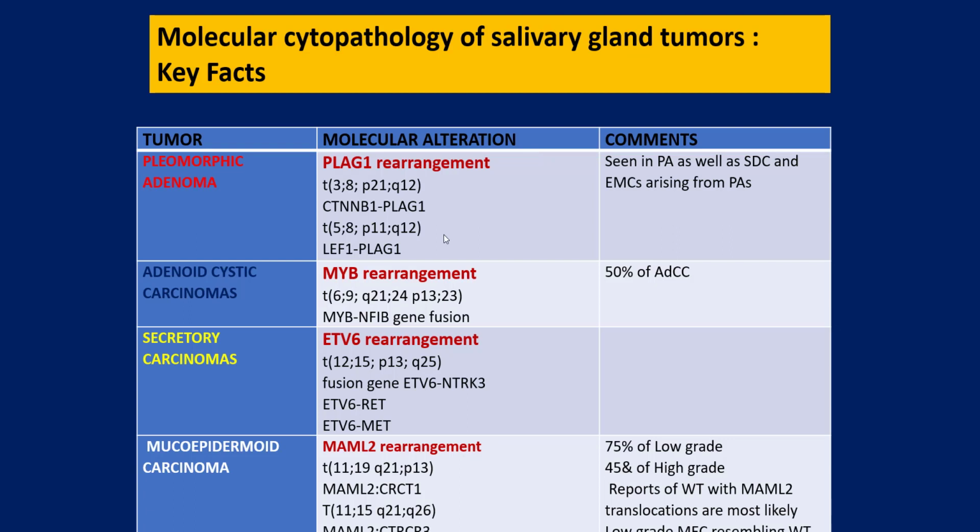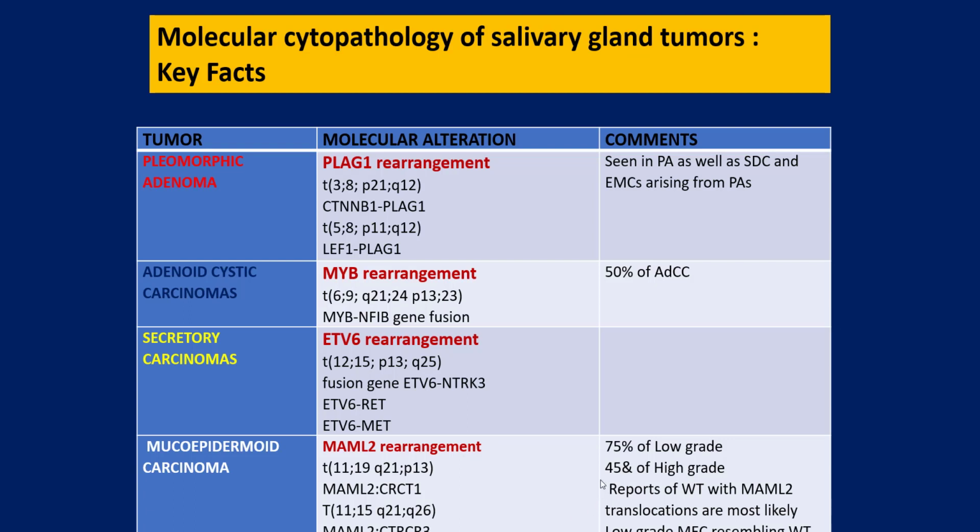The adenoid cystic carcinomas can show rearrangements involving MYB and the NFIB gene in about 50% of the cases. So if you don't see them, it doesn't mean that it is not an adenoid cystic. Secretory carcinomas show the ETV6 gene rearrangement involving NTRK3, RET, and MET. Mucoepidermoid carcinomas, so this well-known MAML2 gene rearrangement with CRTC1 and